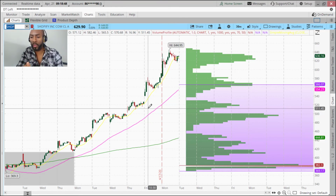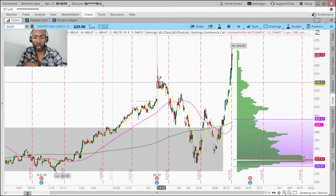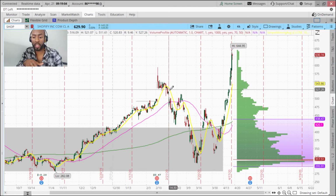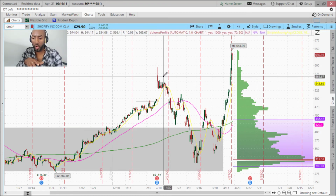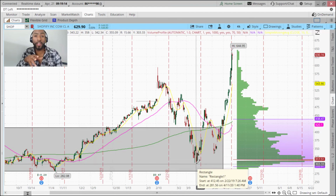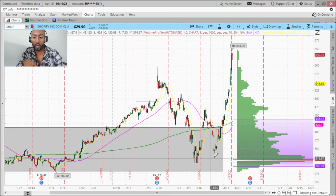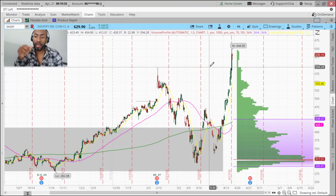And if we zoom out to the forward chart, you can see that Shopify was going gangbusters on the earnings that it announced earlier in February. It made a high of 593 before the market experienced a very quick downdraft. So Shopify went all the way from just around 600 to a low of around 300, effectively cut in half within that 3-week period. Had a bounce, had a bit of a sell-off, made a higher low, and look at what we're doing now. From a low of around 335, we broke out to an all-time high and are now testing levels higher at